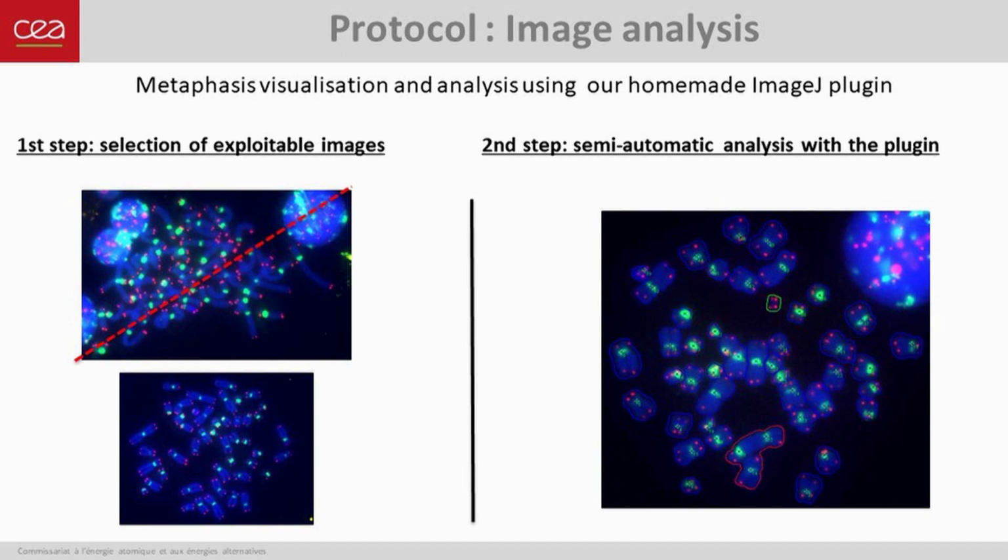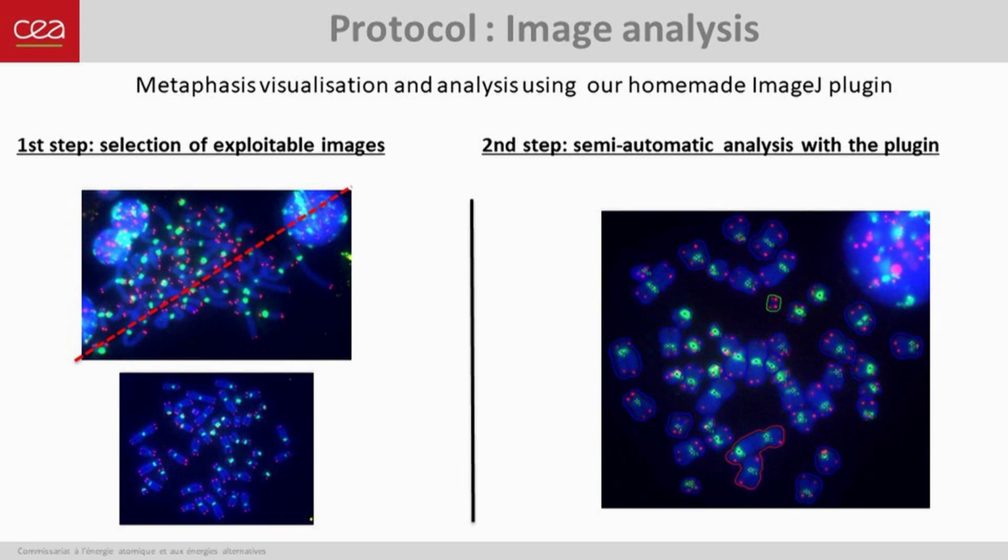In the lab, we are using ImageJ equipped with the HomeMap plugin that we developed. First, be aware that you will not be able to analyze all the images, since sometimes the chromosomes are overlapping too much, and we prefer to exclude images like the upper one. After selection of the image, you can observe a semi-automatic analysis with our CA Detector ImageJ plugin. It is able to delimitate each chromosome and fragments, and then detect the centromeres and telomeres. From there, it automatically detects dicentric and ring chromosomes as well as acentric fragments.